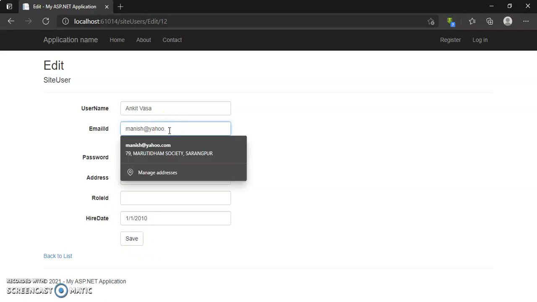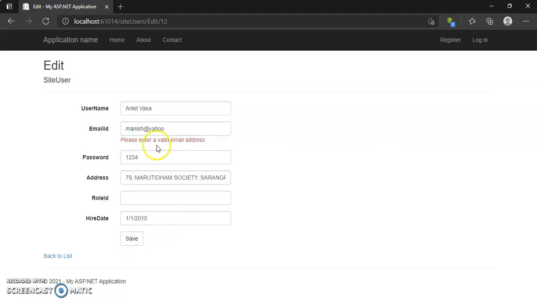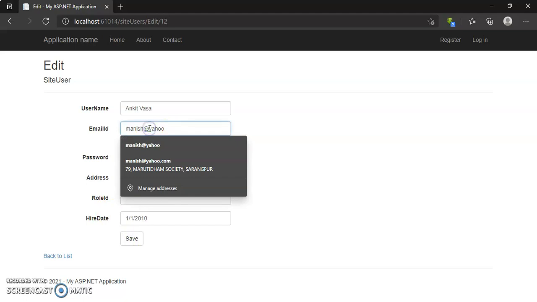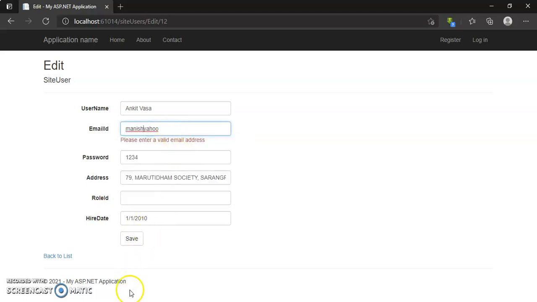If I remove the dot, it also gives an error. If I remove the @ symbol, it also gives this error. So a proper email address is necessary.